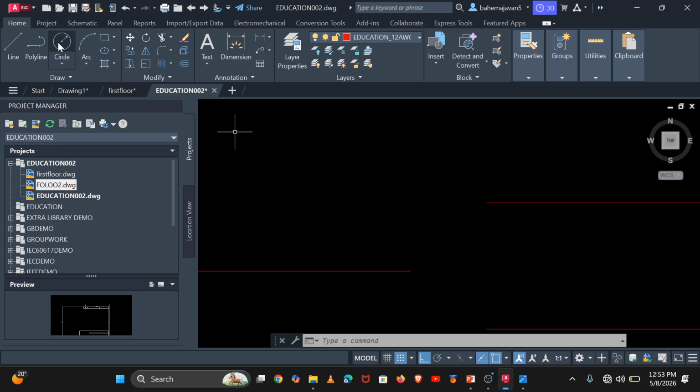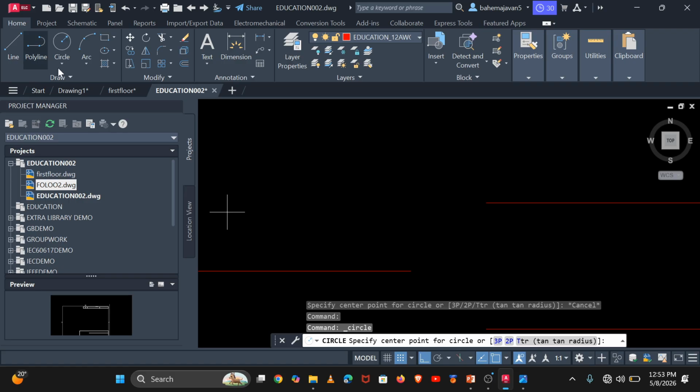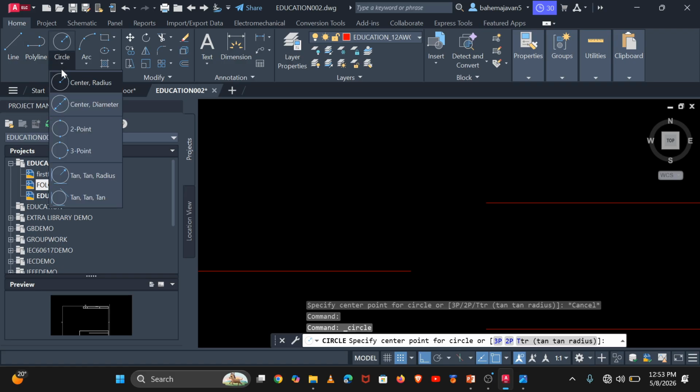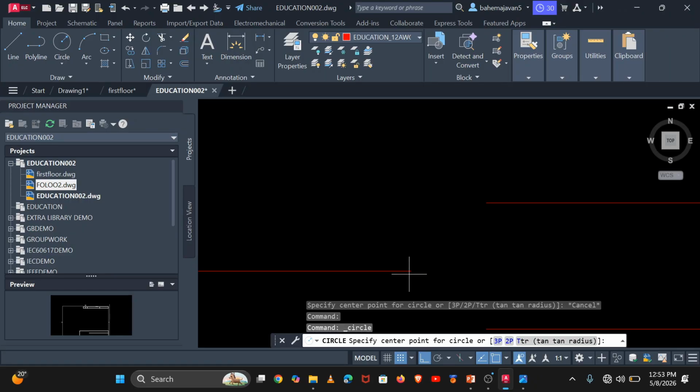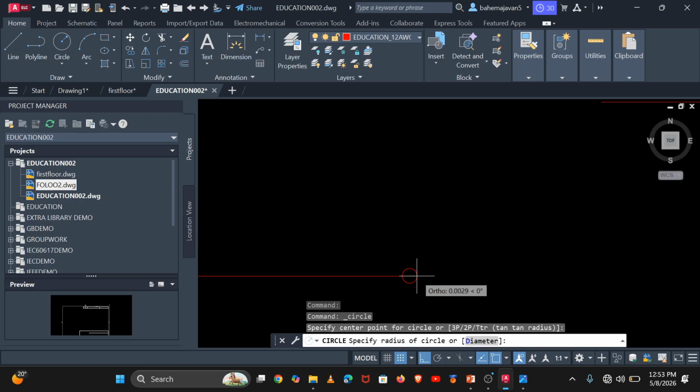The way we will do it is just clicking on the circle like this. You can see we have several circles that are 2-point circle, 3-point circle, things like that. Just grab the circle and then come a little bit here and set, for example, you want the radius to be like this, escape,